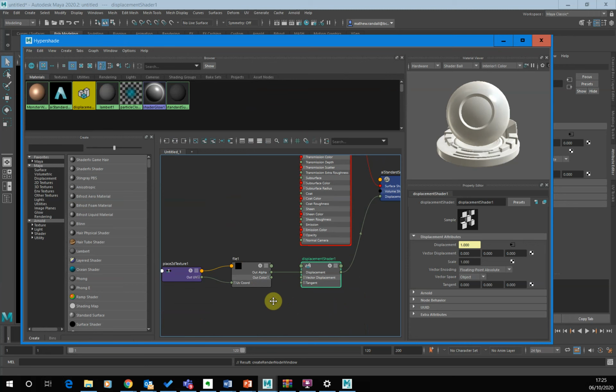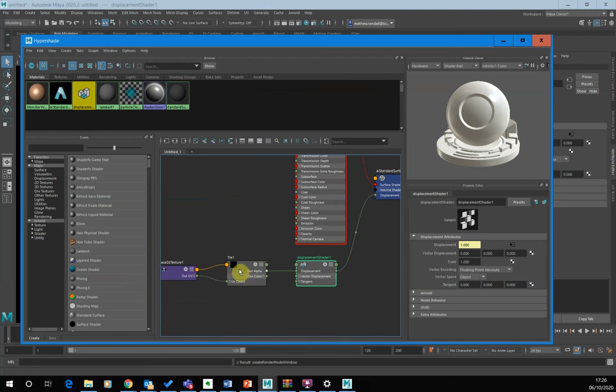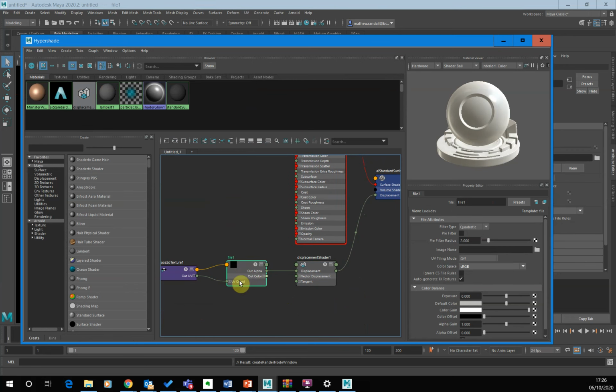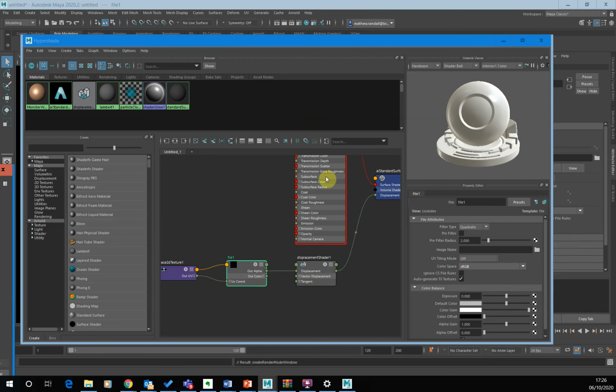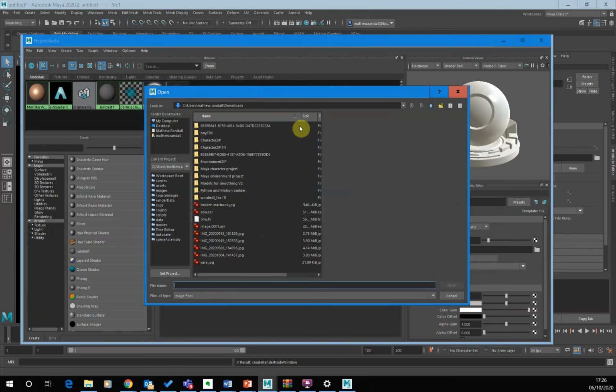So what we want to do is click on the file here. Okay, so I've just clicked on the file node, and that allows us now to specify where that file is. I want to click on this folder here. That'll open up our dialog box, and I can just go to my V drive,